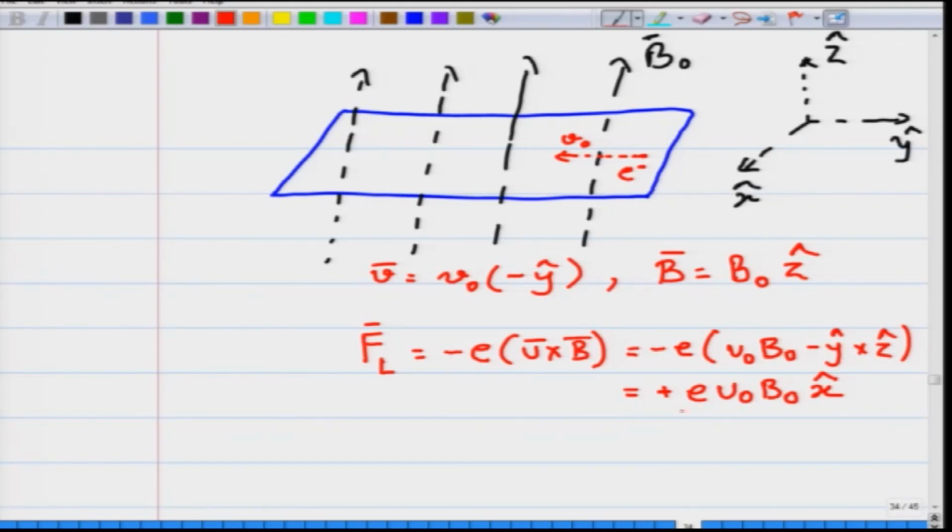So, what you get is a force which is acting along the x cap direction, and as a result of this force, what will happen? The electrons will start getting deflected, because there is this Lorentz force which is acting along the x cap direction. The electrons will start getting deflected along this side, and there will be a build up of electrons along this